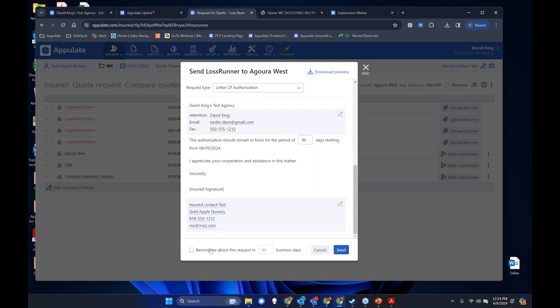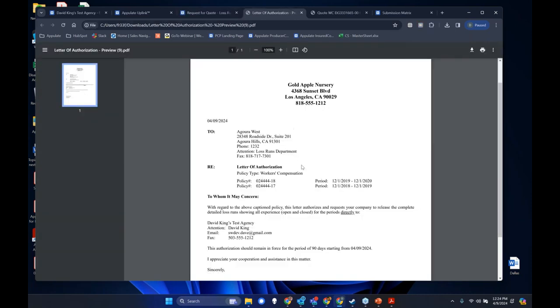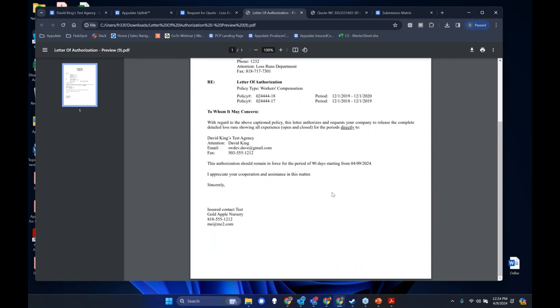Now at this point, you've got a couple choices down here. You can remind me about this request. So you could put in 20 days or 15 days, whatever you want. And the system will generate an email reminder for you to check up on these loss runs, okay? From here, to send this out, you're just going to hit send. The moment you hit send, I'm just going to download the preview to show you here. It's going to send out a document just like this. It's going to automatically add the signature boxes for you. It's going to email it to the email that you selected just a moment ago. So that's the one down here. It's going to email them. They're going to digitally sign it, and then it automatically sends it out via fax or email, whichever you chose